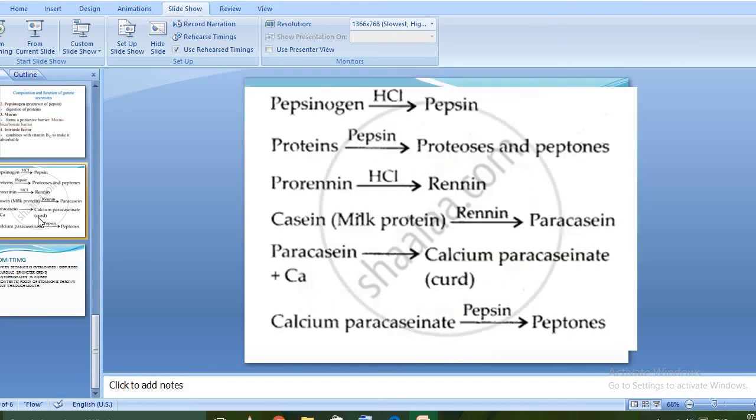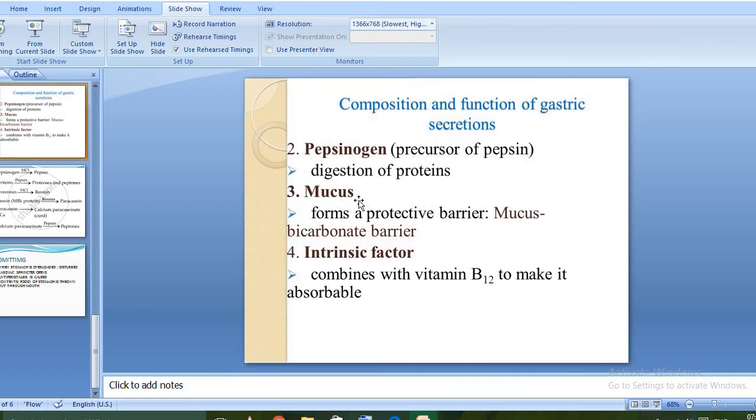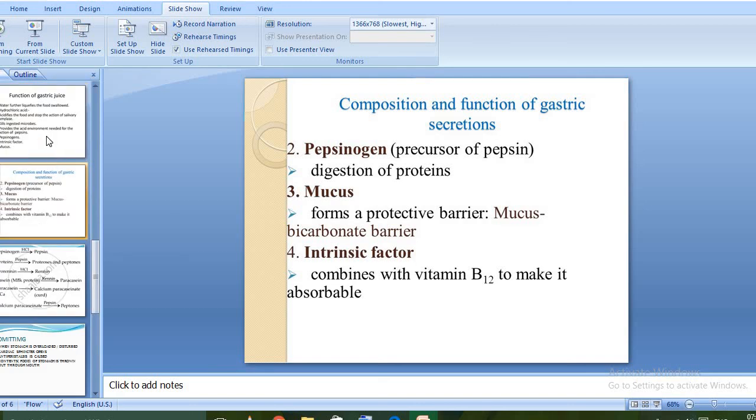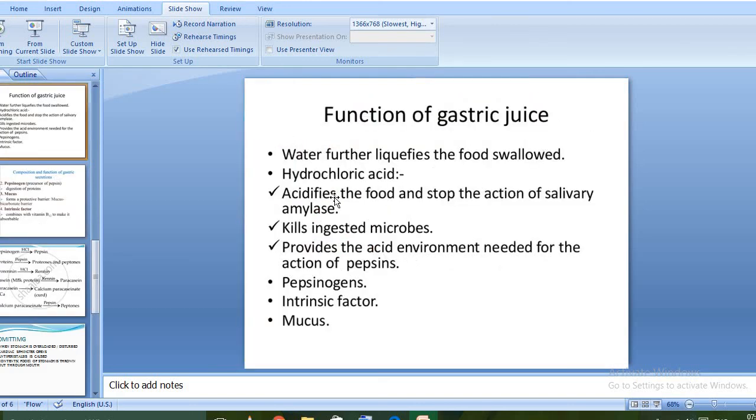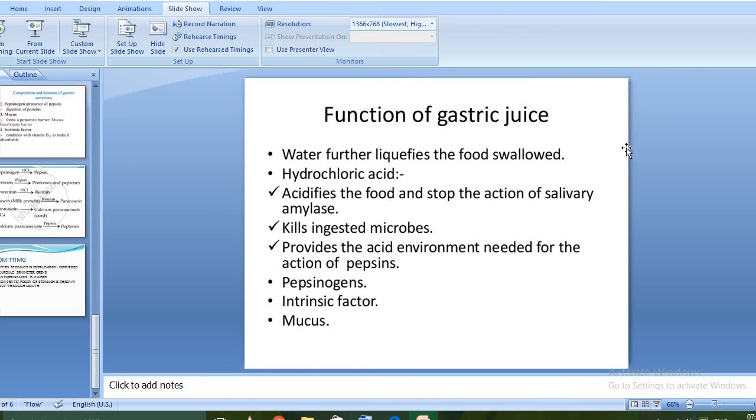So this is all for today. You have to write down these questions 1, 2, 3 and 4 in your copy. And what do you mean by vomiting? Another homework is, what is the importance of mucus present in the gastric juice? Then what is the importance of HCl present in the gastric